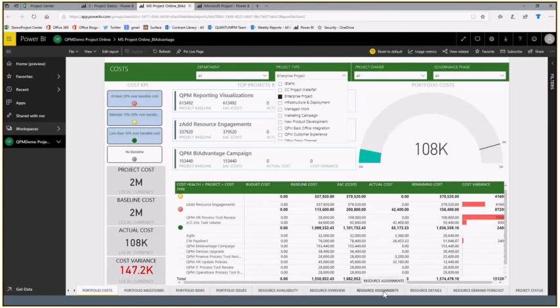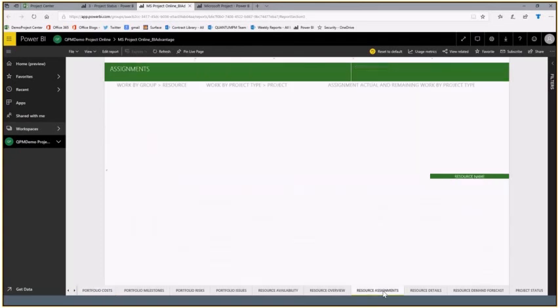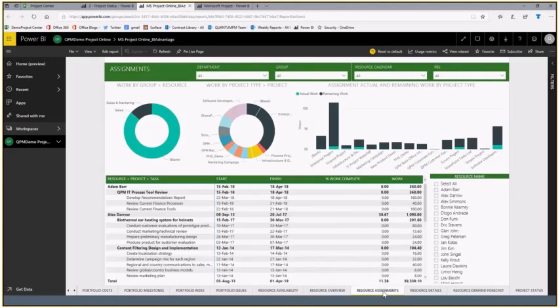Resources are always a challenge for organizations. So here are ways to get to resources and understand what's going on from a resource manager point of view or from a project manager point of view. If I'm the project manager on a project, I want to see every resource that's working on my project. If I'm a staff manager and I have Adam working for me, I want to see every project that he's working on so that I can look at things that way and see all of it over time. So different ways to look at all of the data, and always the more of it you can have, the better off you'll be.